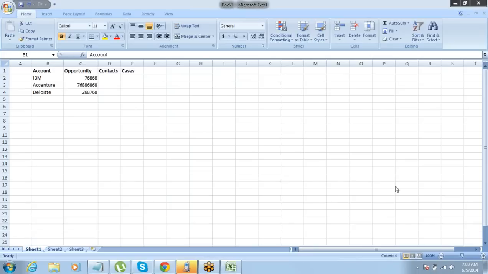Renu and Vijay feel that yeah, this can be done. Anyone who thinks that it cannot be done? Can we link account, opportunity, contacts, cases in the same report type?